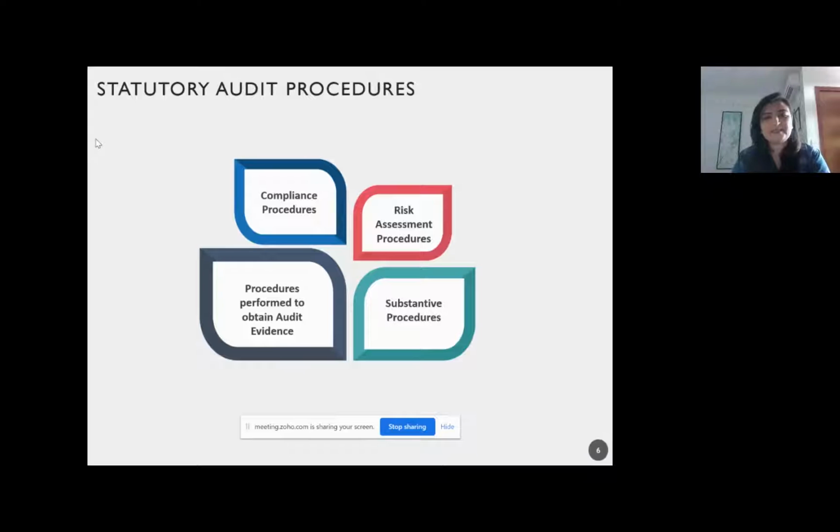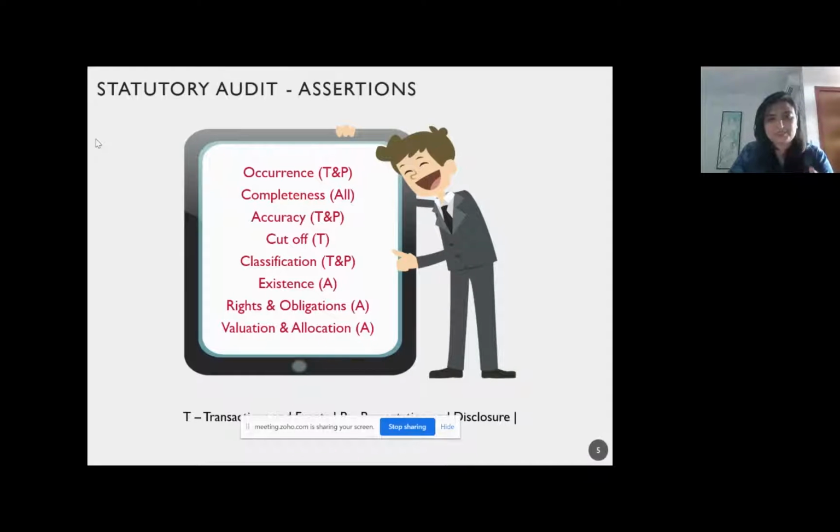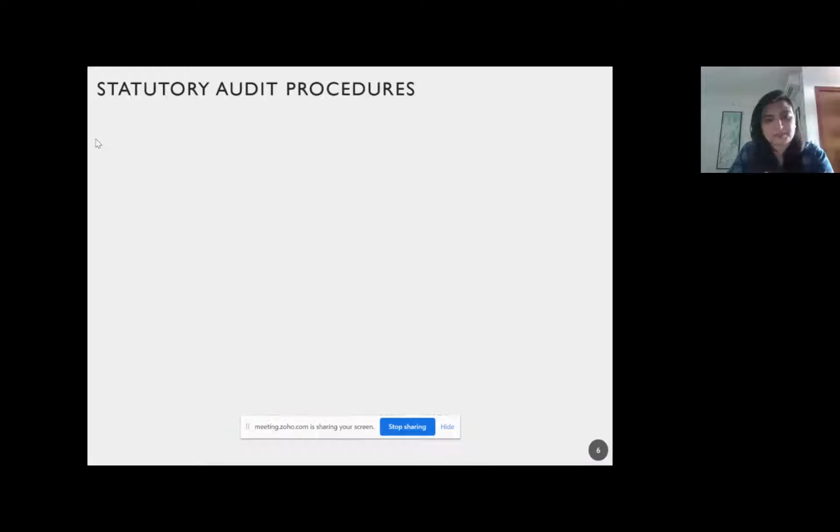Again, why am I saying this? Because in your audit working papers, you will need to have evidence that you have covered all these assertions which are relevant to that particular component of the financial statements.